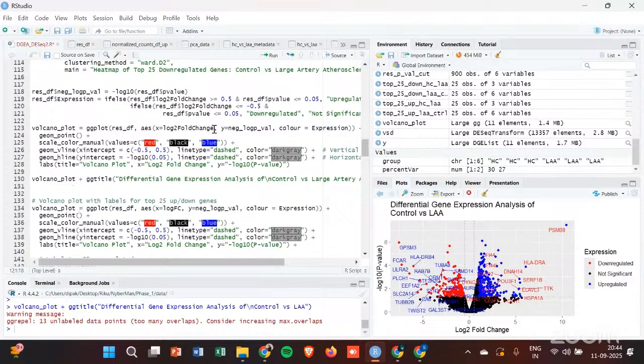Yes. So is it less than or equal to this will be the minus log 10, isn't it? No, no, no. My definition of